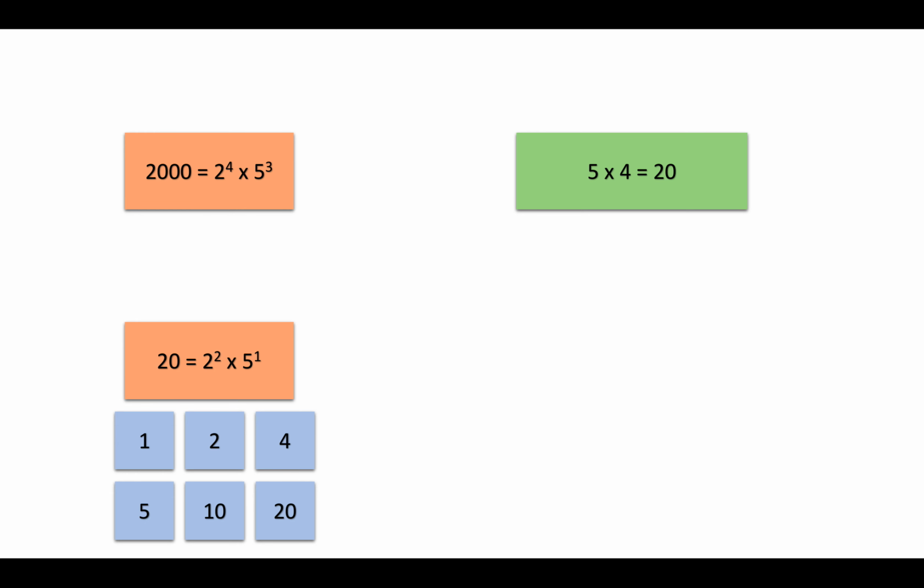Now let's look at the pattern. How many options do we have here for the exponent of 2 in a factor? That will be either 0, 1 or 2. And for 5, there are 2 options, 0 or 1. So 3 multiplied by 2 should be the answer, which comes out as 6, and we can also see that there are 6 factors in total. So we established how to calculate the number of factors of a number.